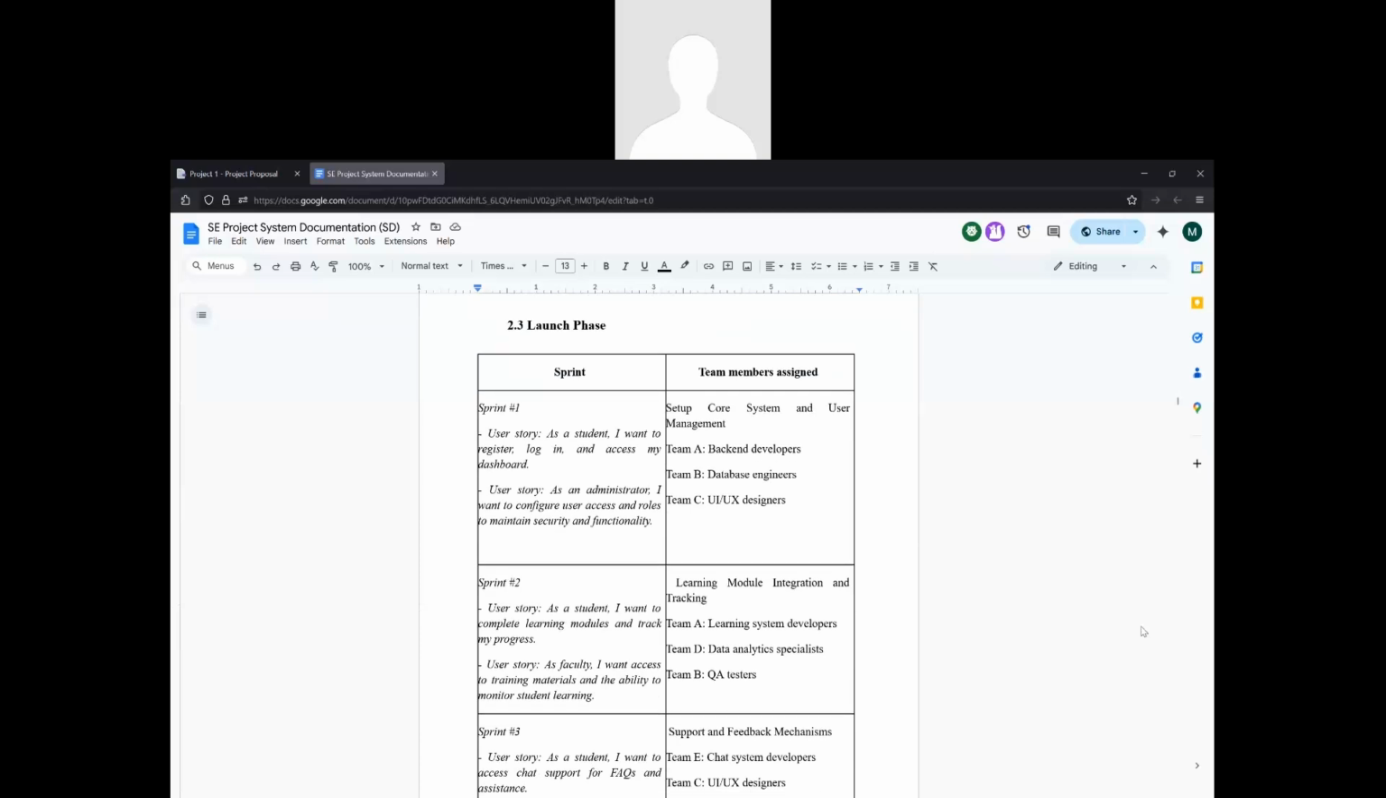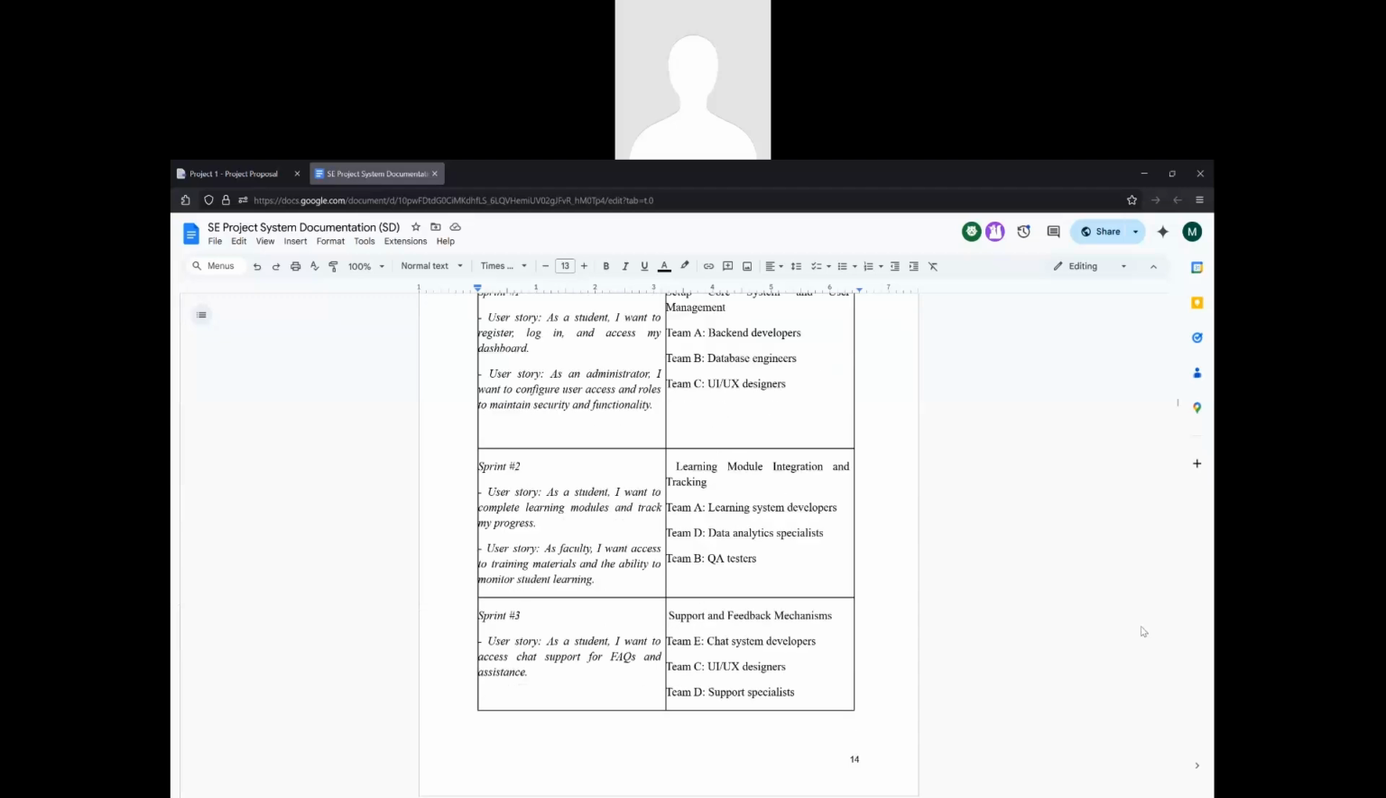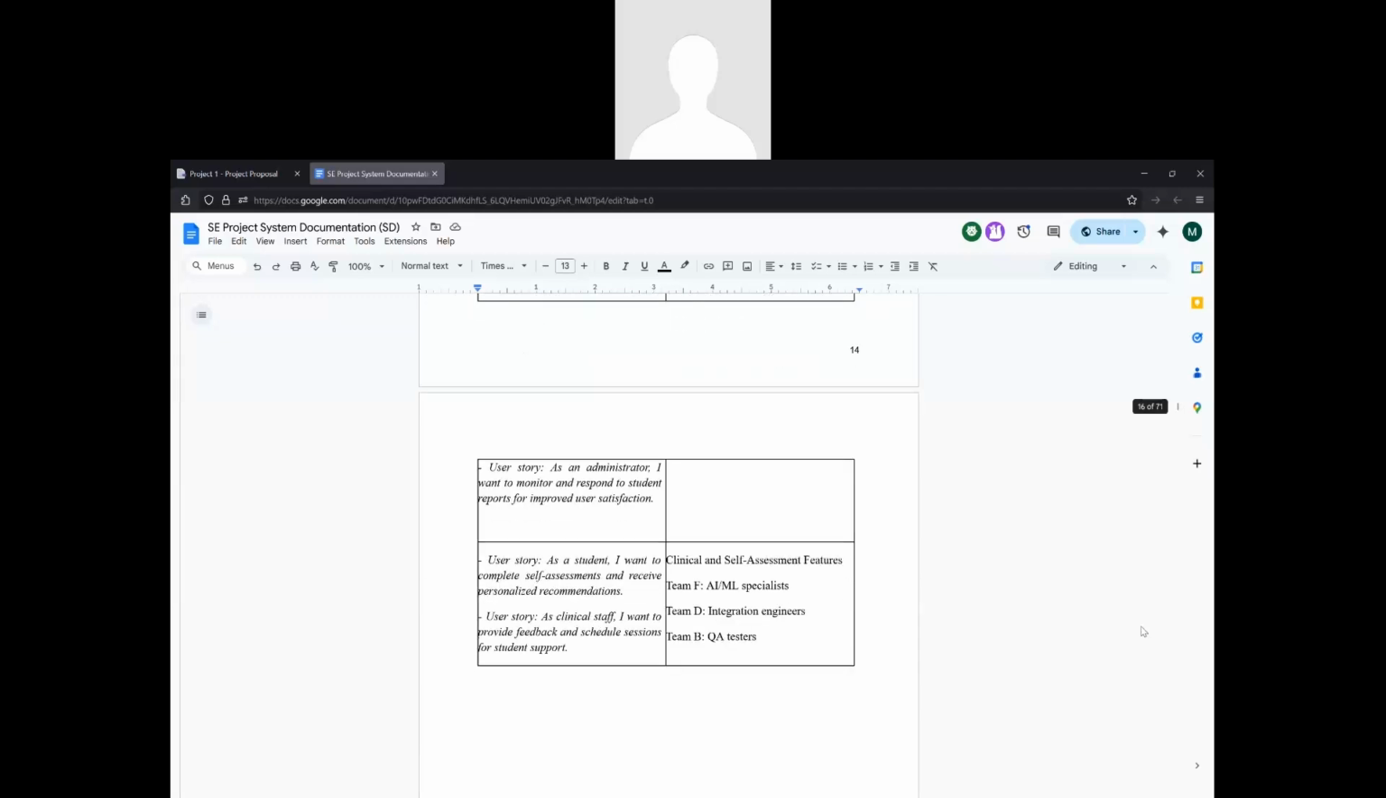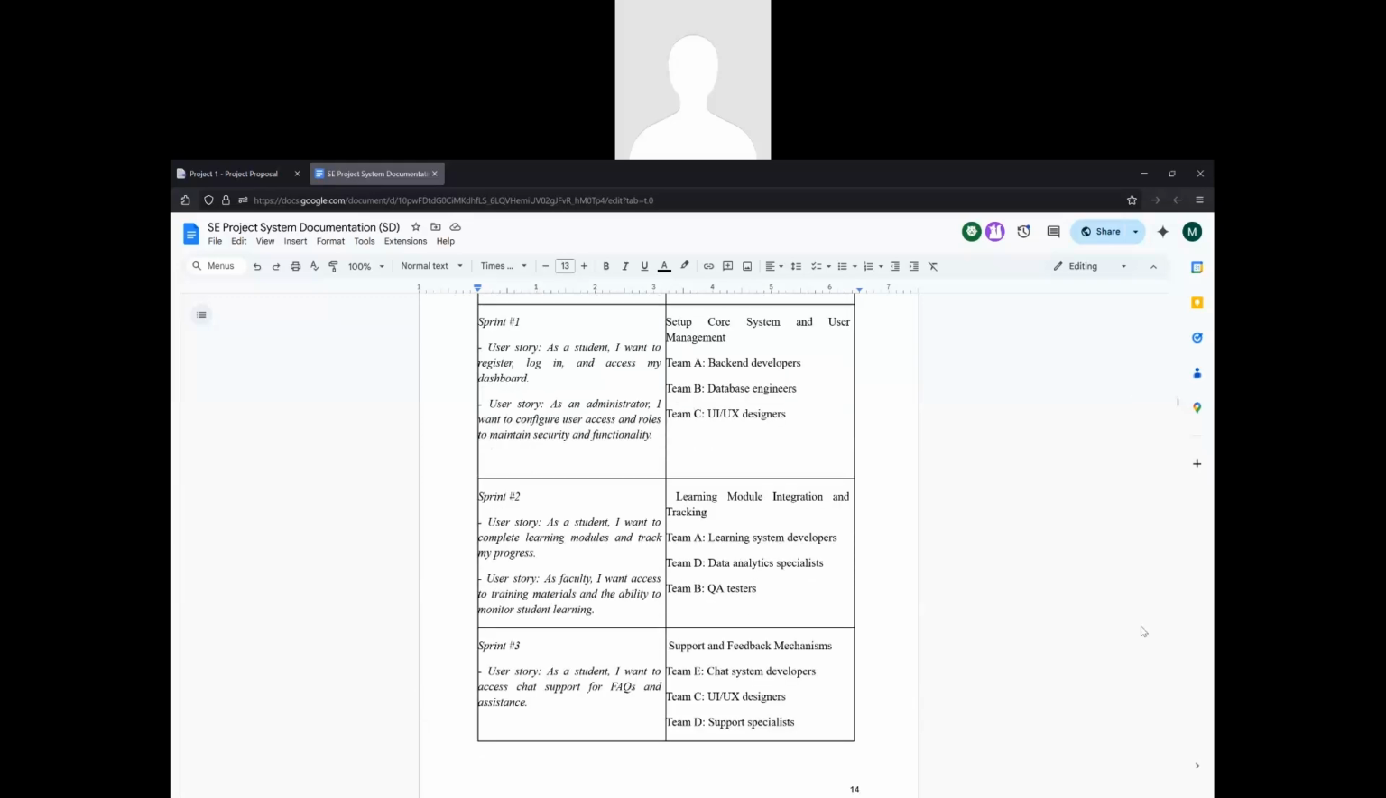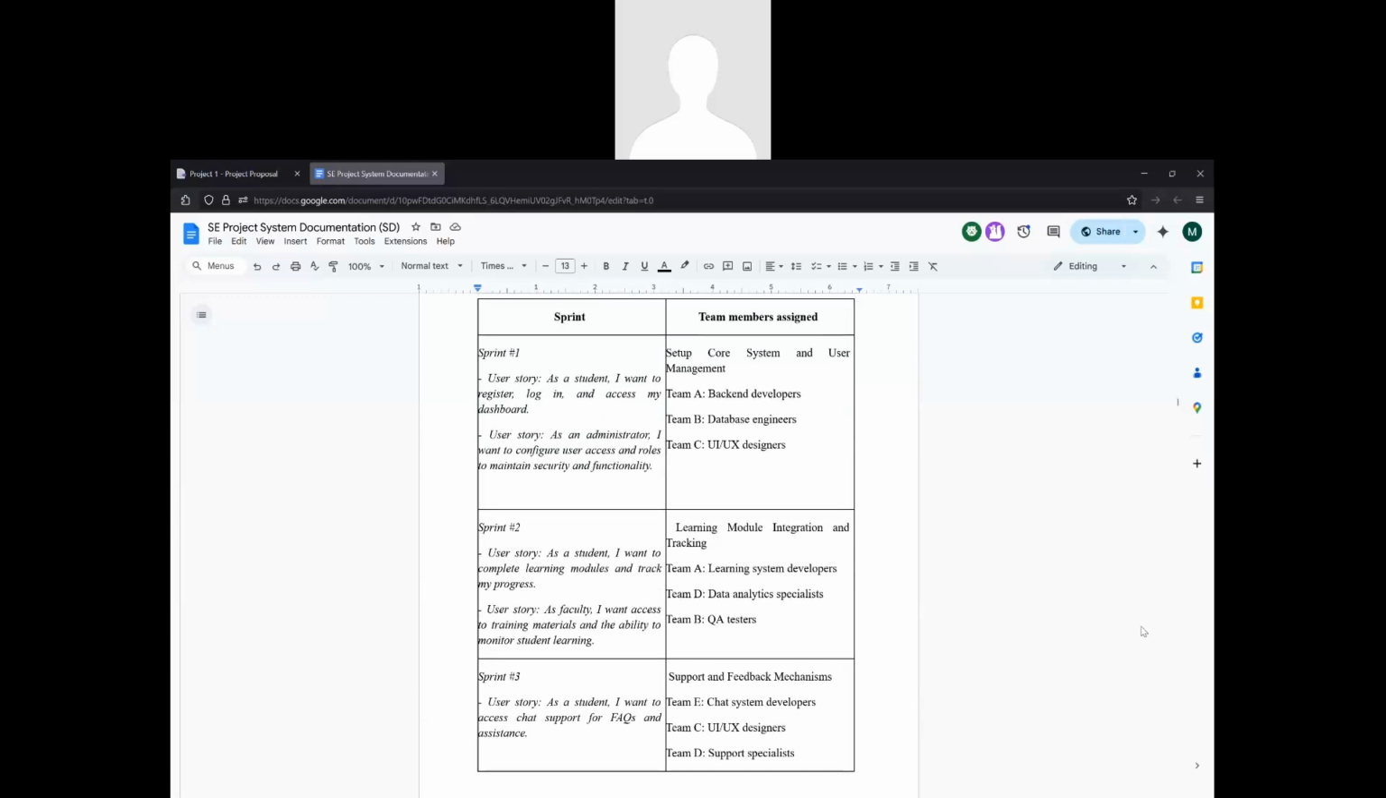Okay, I think the next part is about the launch phase. For the launch phase, it's already divided into 4 sprints. For Sprint 1,